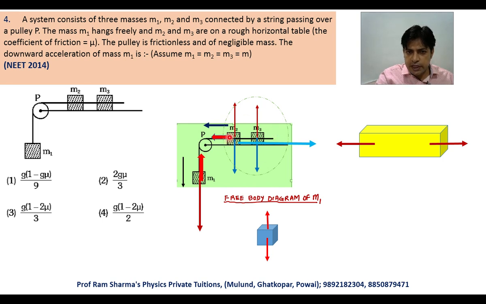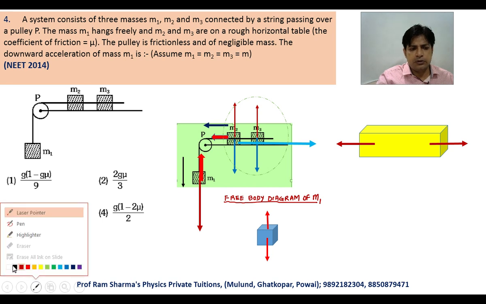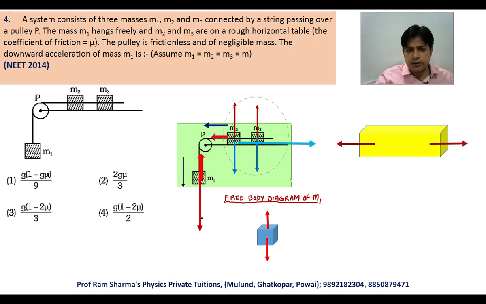So I will show forces as tension T on the left and frictional force on the right. Of course, there are two normal reactions and two weights also, but they don't matter much because they are perpendicular to the motion. I will anyways write here. This is nothing but m1g, correct? This is nothing but tension T. This is again tension T. This is normal reaction N1, this is normal reaction N2, this is nothing but m2g, and this is nothing but m3g,